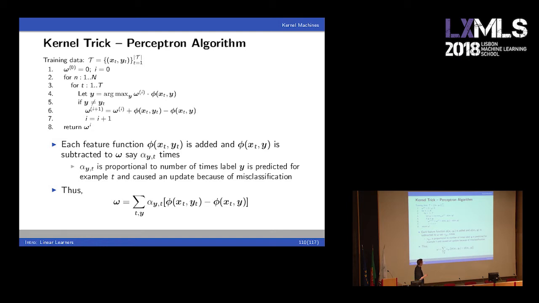So what we can do is basically say our weight vector is nothing else than a sum over t and y of this difference of feature vectors times alpha. Yeah? Alpha is proportional to the number of times we made an error for a label y on example t during our training process. So if we use this representation of our weight vector, then we can reformalize our perceptron algorithm as an algorithm